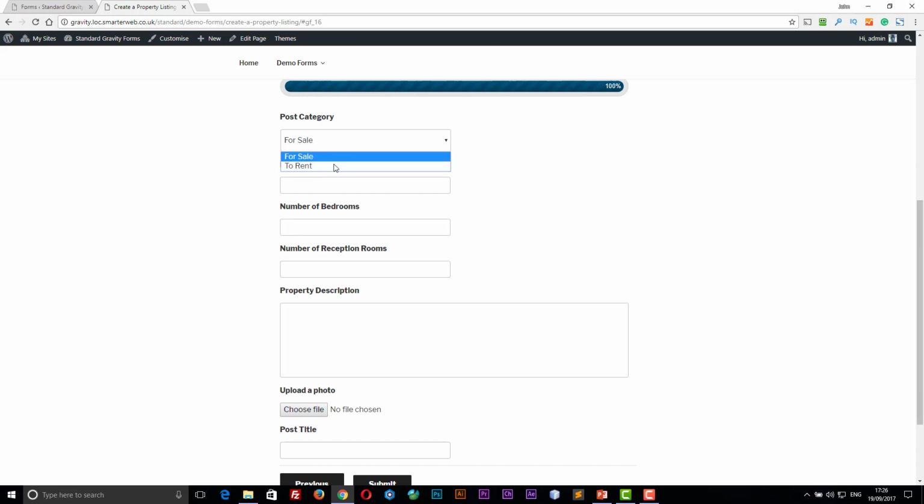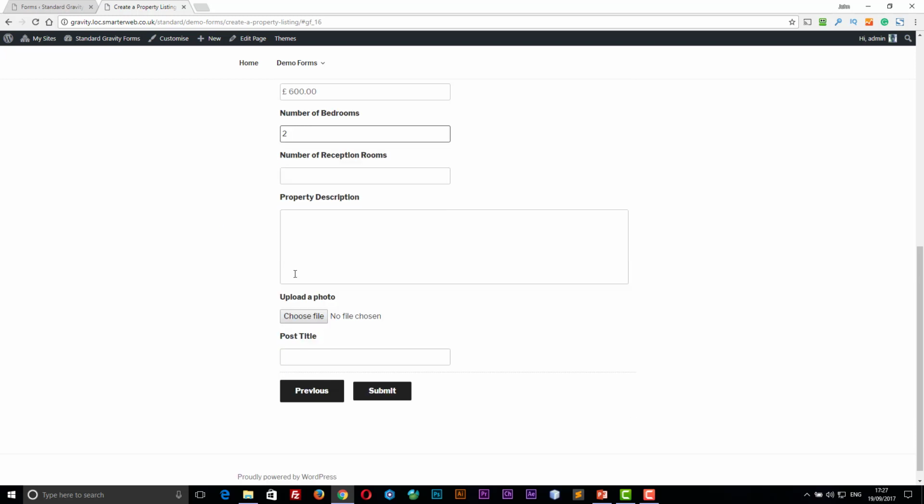So I can choose from 2 categories. I've set up 2 categories that are available this time, so you can select between which ones you want. And then I've got a monthly rent. For the rent, if it goes for sale, it says the price guide, so we're using conditional fields there as well to change the content of that one. We can put in some other information, and